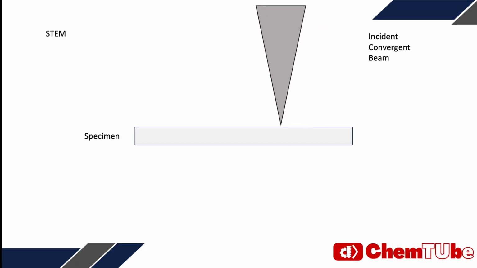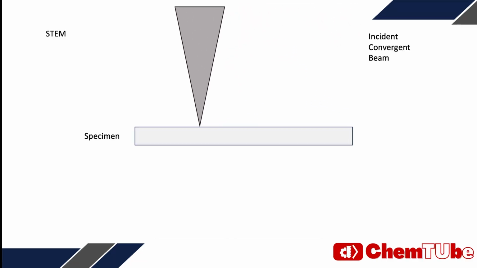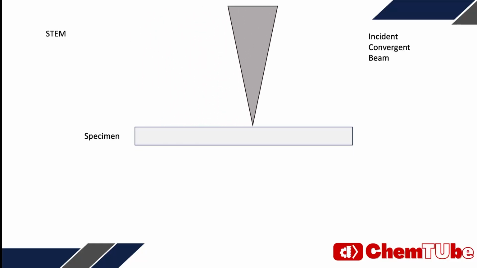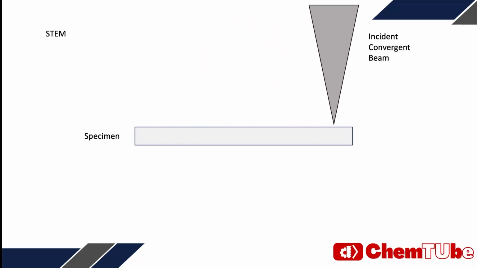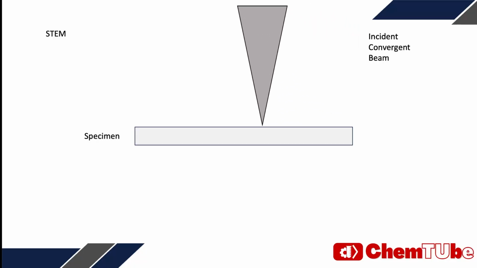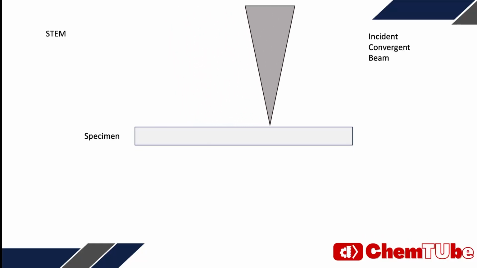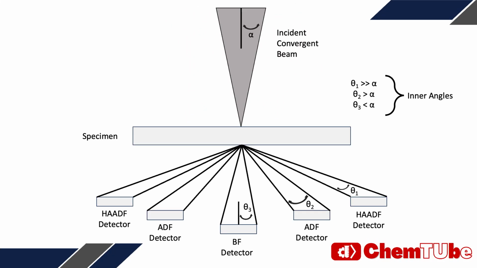Scanning transmission electron microscopy, or STEM, combines ideas from both SEM and TEM. Like in SEM, a focused electron beam scans across the sample pixel by pixel. But instead of placing the detector above the sample, STEM collects signals that have passed through the thin sample, just like in TEM. This makes STEM a powerful contrast mode in itself.